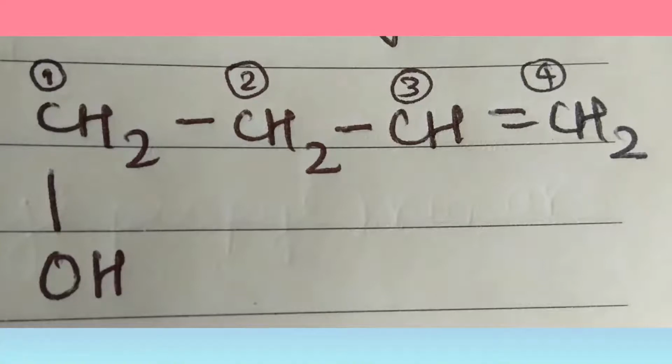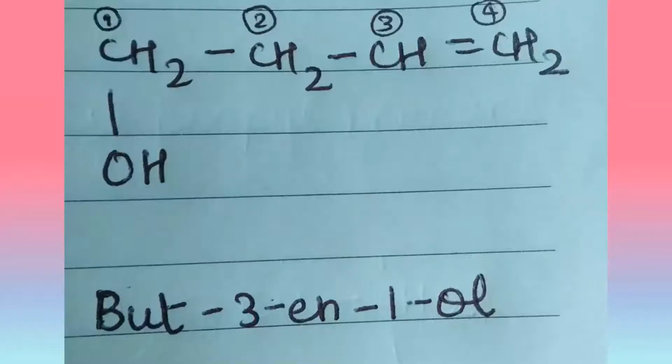Now when we write the name, we start with writing the root word, that is but, because there are 4 carbon atoms present here, and then we write the double bond carbon, that's nothing but the second priority one, and after that comes the most priority one, that is the alcohol. In this case the double bond acts like a kind of substituent, and we all know that substituents are named before the main priority group or the functional group. So the alcohol group is taken as the main functional group, because the alcohol group has more priority when compared to the double bond.